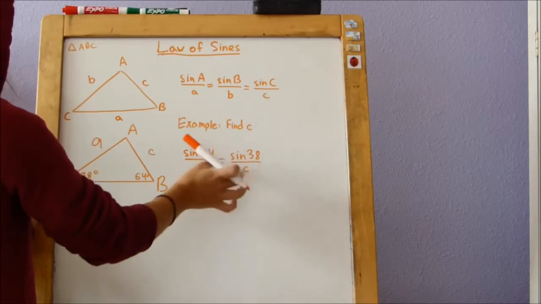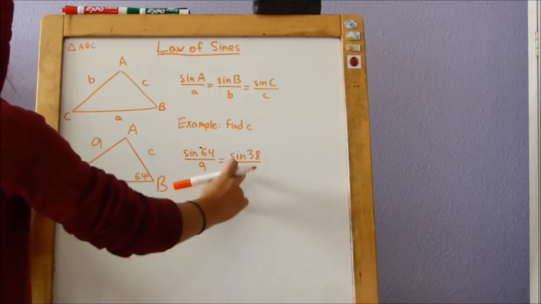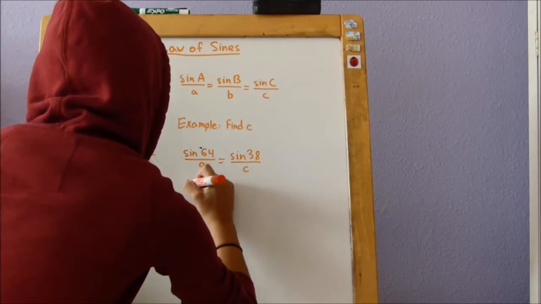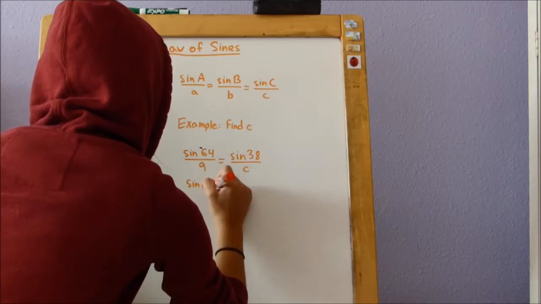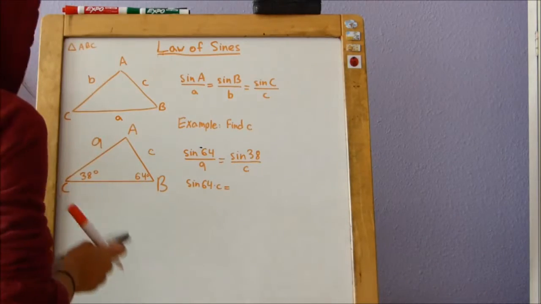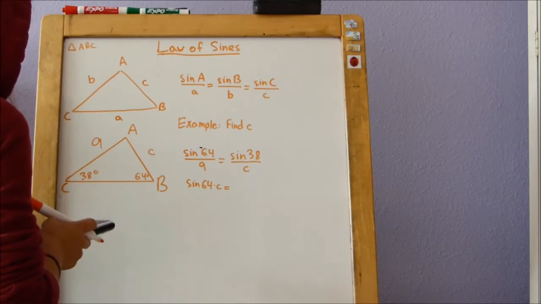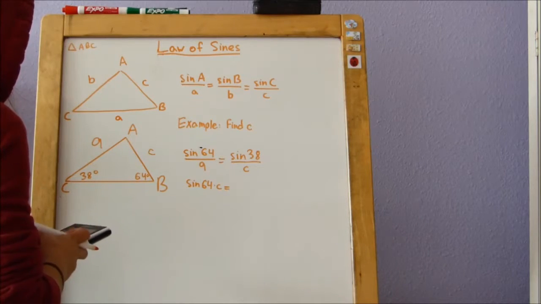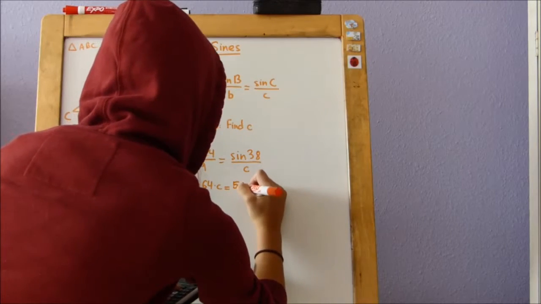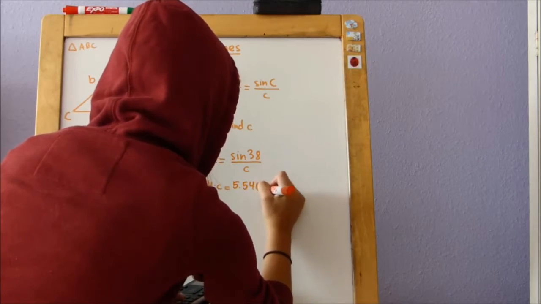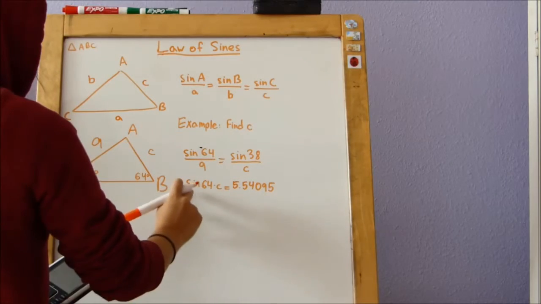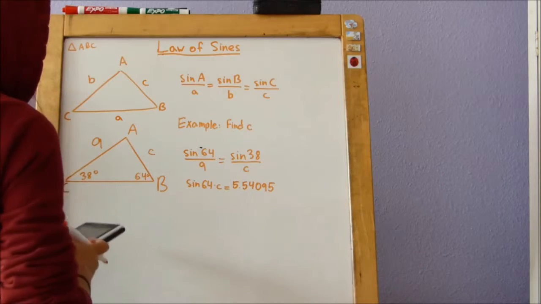Now we're going to cross multiply so that we can get C isolated on one side. So first we're going to do sine 64 times C, and then sine 38 times 9. Let me get my calculator. Sine 38 times 9, that equals 5.54095. And then to get C isolated so we can solve for it, we divide this number by sine 64,